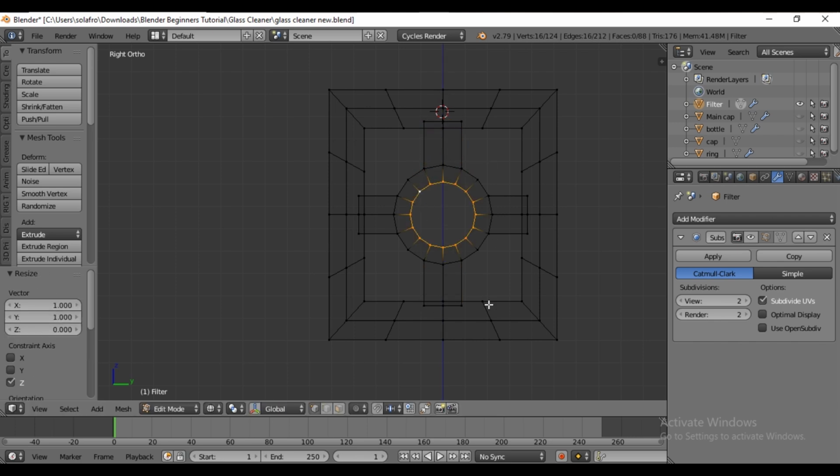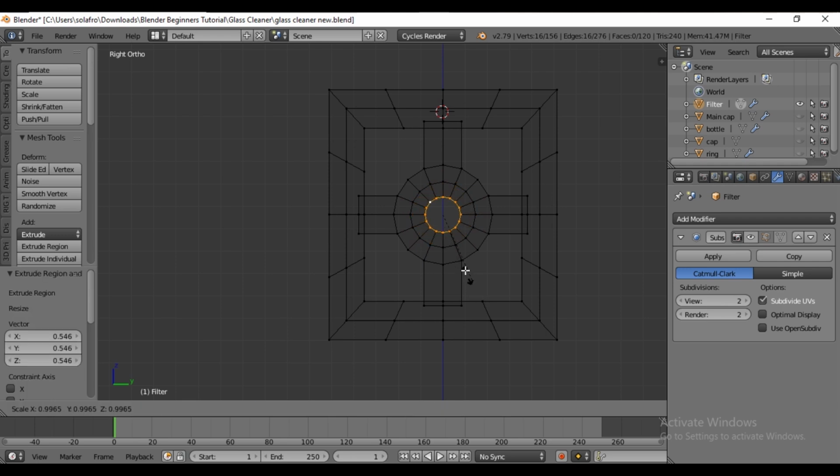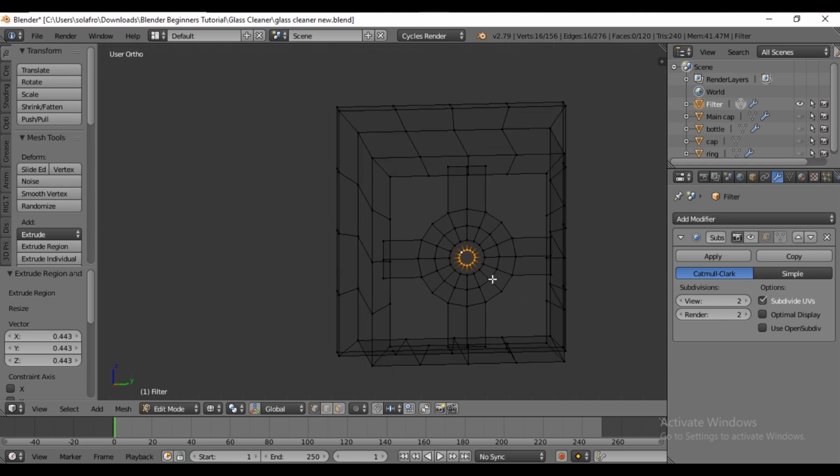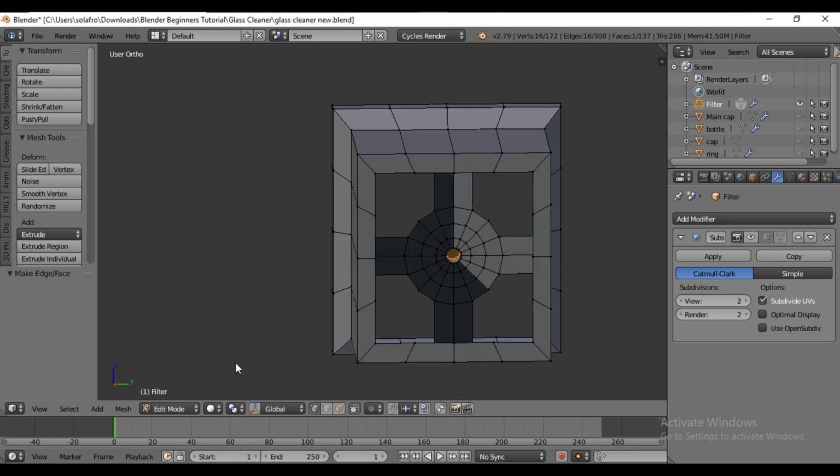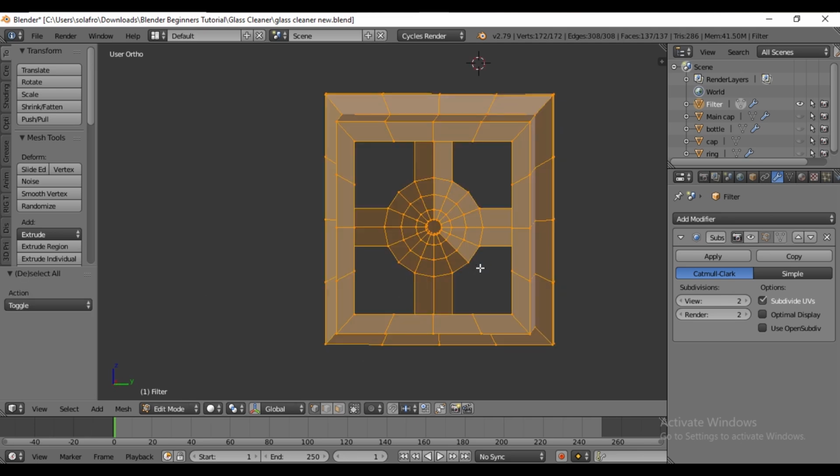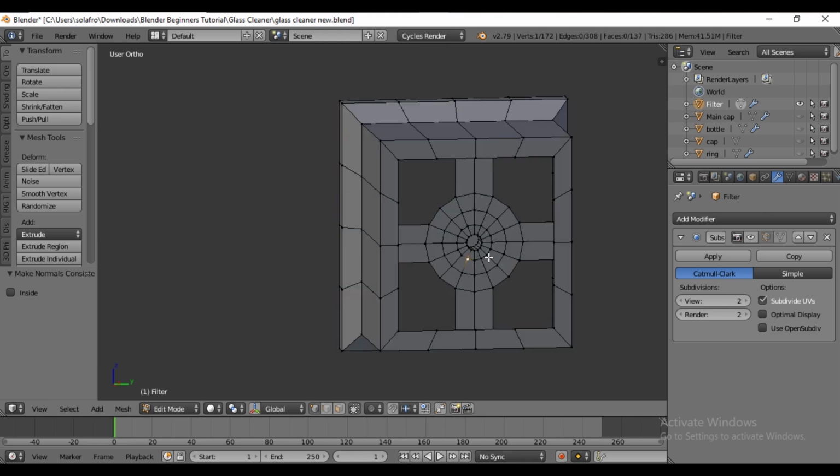Select the loop again with Alt. Extrude and scale it with E and S to create a small hole. Finally, extrude and shift it along the X-axis. Then press F to fill the face. Switch to solid mode. Select all with A and use Ctrl N to flip normals once more.